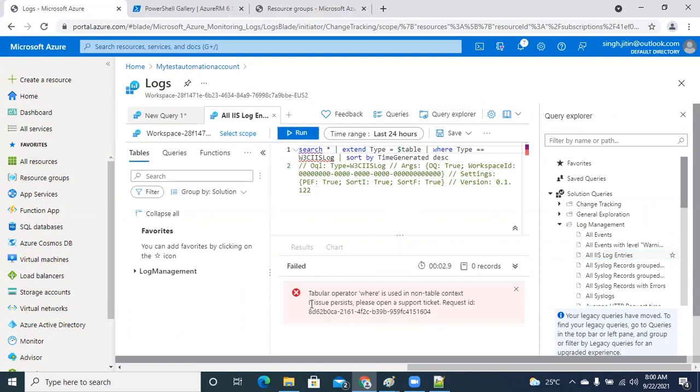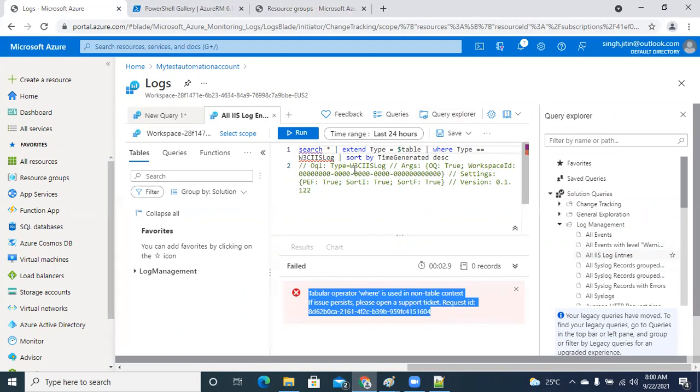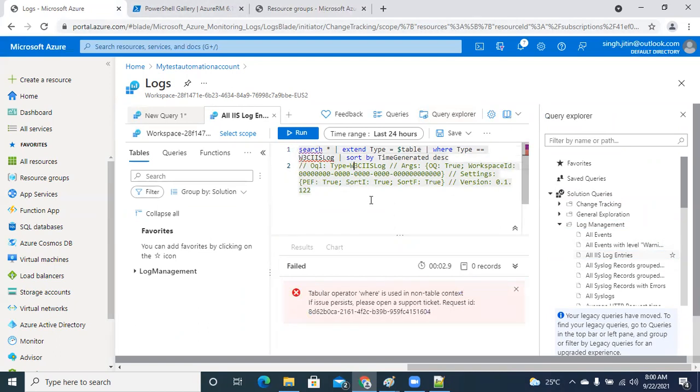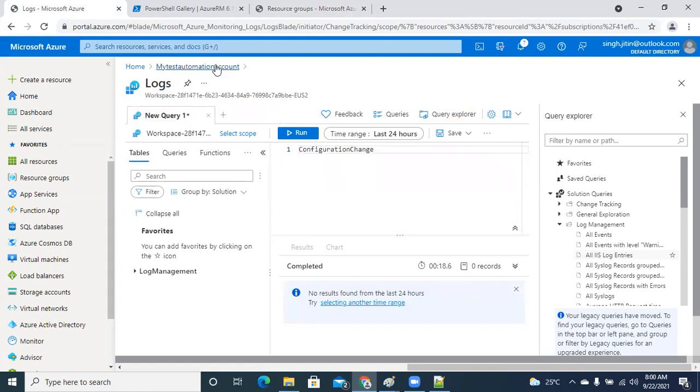Now, currently, guys, this will definitely give me an error because the status is still pending for the IAS. So there is no point writing this particular query right now. Now, guys, going back to my portal,